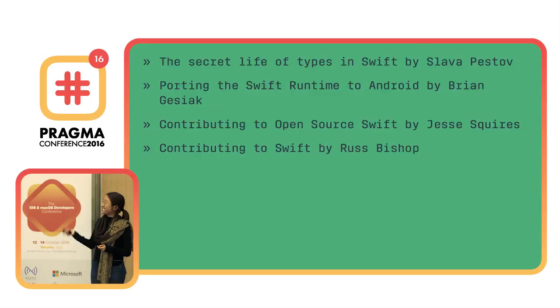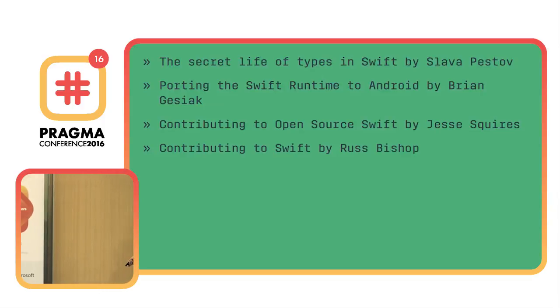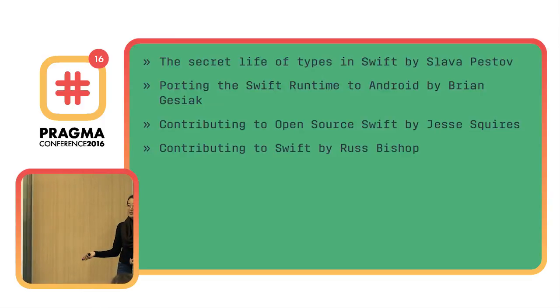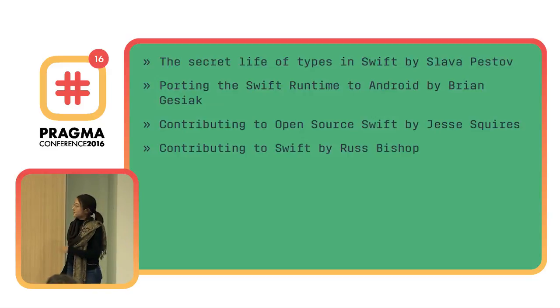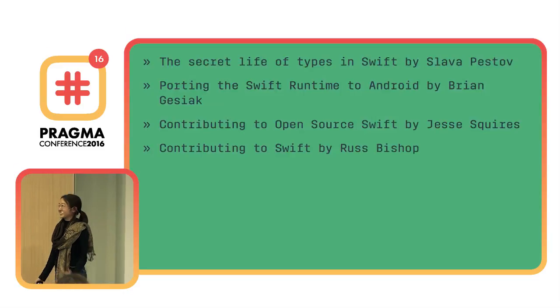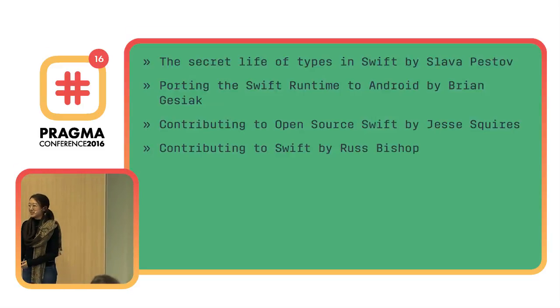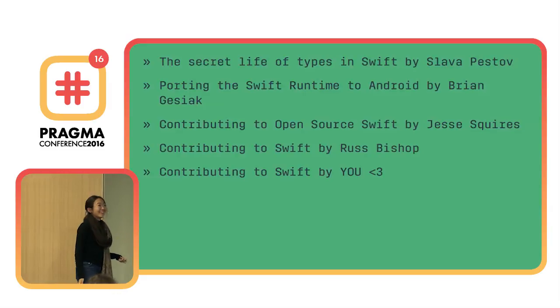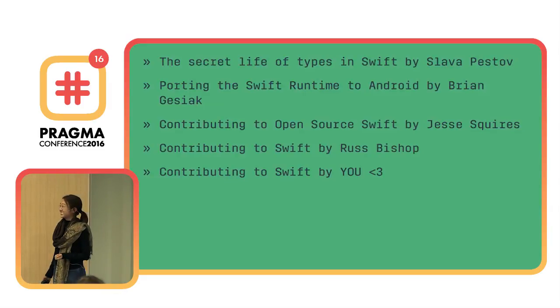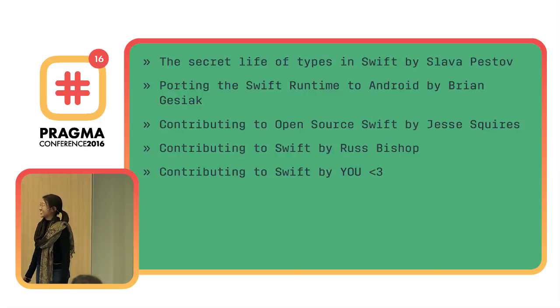So even though all these talks and blog posts are about the same thing, contributing to Swift, because Swift is less than a year old in terms of open sourceness, there aren't that many resources out there, and I think it's great that people are sharing their experiences, because each experience contributing to Swift is going to be completely different. It's a gigantic codebase, and by the nature of contributing to the compiler and fixing a bug, everything's going to be different for each person. And then maybe once you start contributing to Swift, you can write a blog post or talk about it too, because there are not enough resources out there right now. You can't just look on Stack Overflow and ask, how do I debug the Swift compiler? Or how do I fix this other thing that I don't understand at all? So yeah,